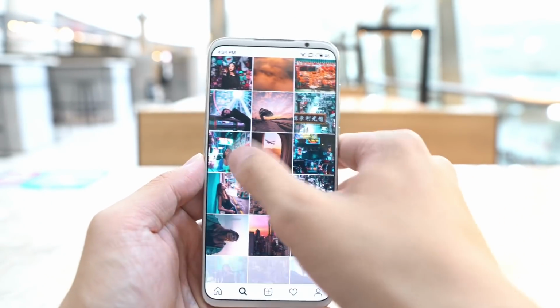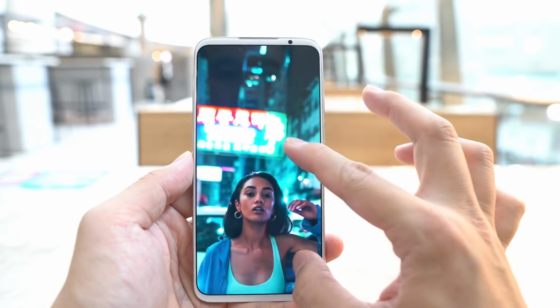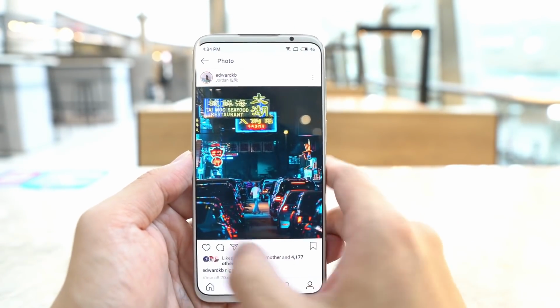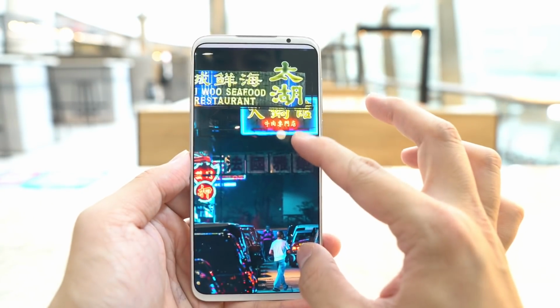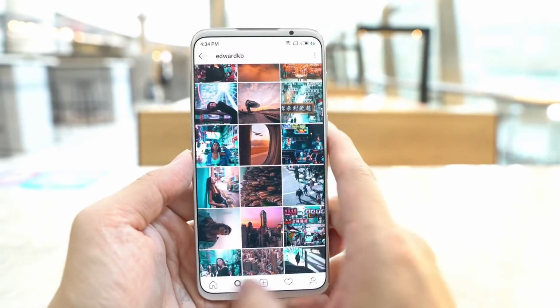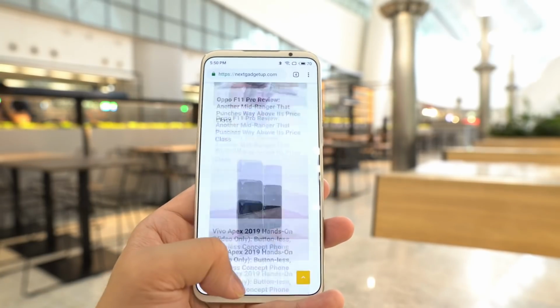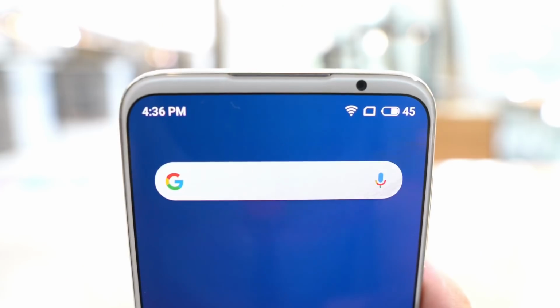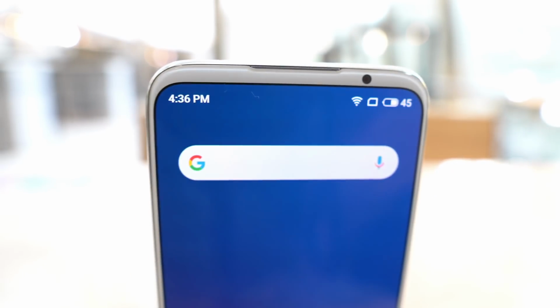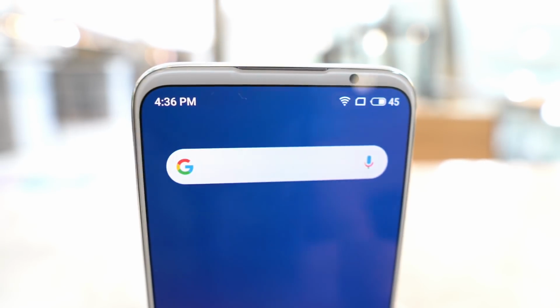So you notice that the Meizu 16S doesn't have a notch or a cutout. Instead, it has a traditional forehead bezel. I mean, other than Sony phones, this might be the only phone left in the entire world that still has a forehead bezel. But you know what? I actually don't mind, because check out how thin the top bezel is. I honestly think if you can get your bezel this thin,